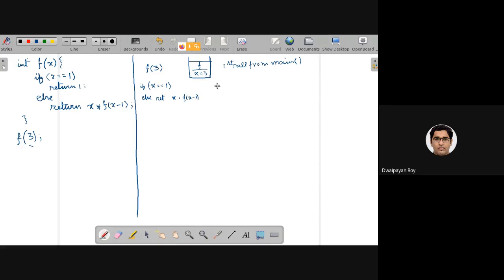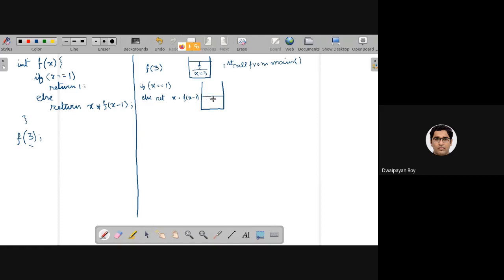Right? So what would be happening in the stack? The stack initially contained the function call with x equals 3. So it will be remaining there.